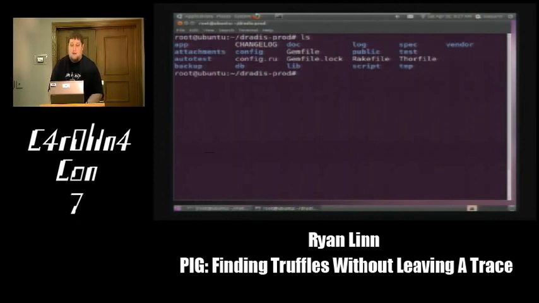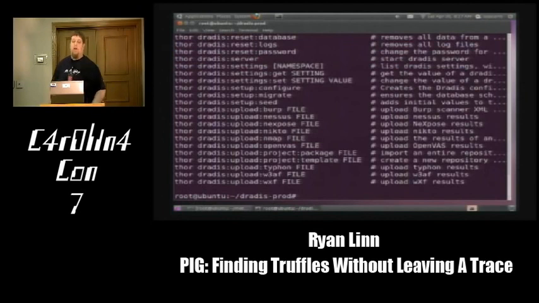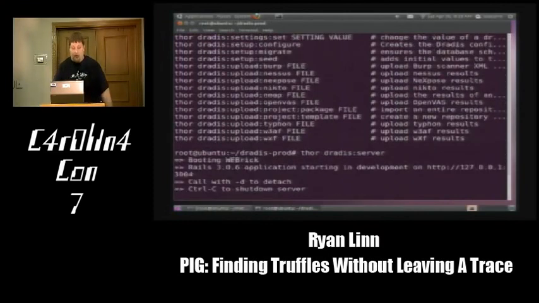So Dradis uses a concept called Thor, which is a Rails management program which will let us do a number of different types of tasks. So a Thor list will give us all of the information about things that we can do. So we are going to do a Thor dradis:server to start up Dradis.